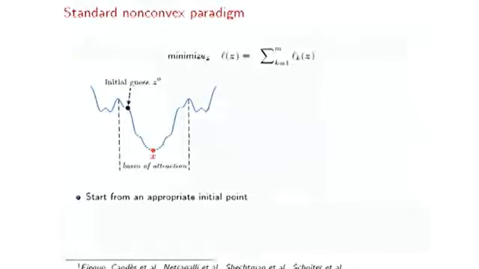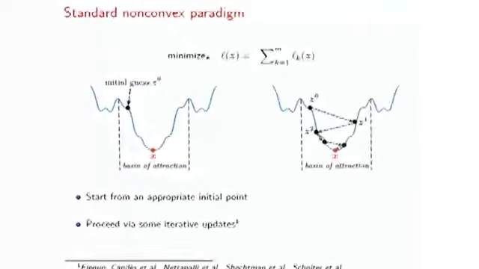So these are the main performance results that I'd like to show you. What is missing is what this algorithm really is, which I will describe in the rest of my talk. This procedure is a non-convex procedure, and a standard non-convex paradigm usually consists of 2 stages. We start from somewhere not too far away from the ground truth via some smart initialization. This is because usually around the ground truth solution, there is a region called the basin of attraction, such that within this region, the function we are going to optimize is still not convex, but it has a unique stationary point, which is the ground truth.